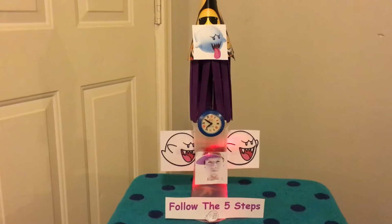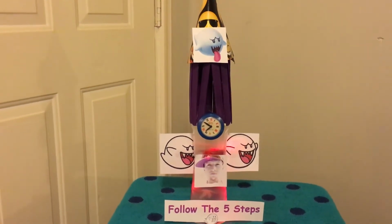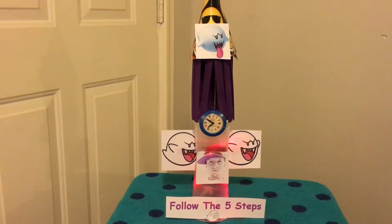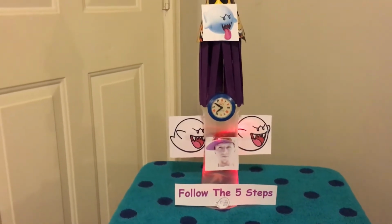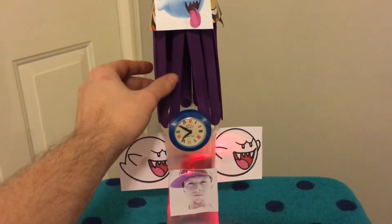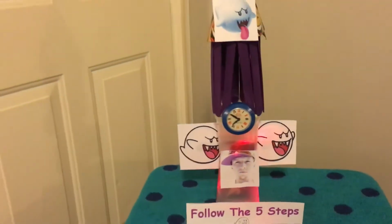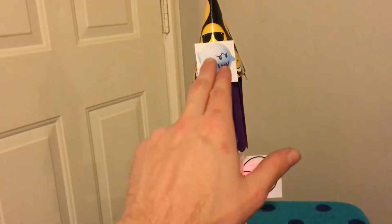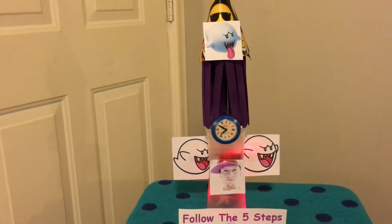Guys, today I made the do-it-yourself Luroc light up clock. This was a cool build and I enjoyed building it. Follow the 5 steps. That's what me and Luroc do. The reason I used purple popsicle sticks and painted this purple and used red lights is because purple and red are Luroc's favorite colors. You can see how I added 3 ghosts because Luroc is basically the king of the